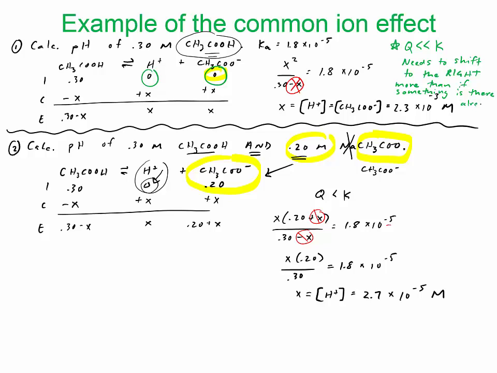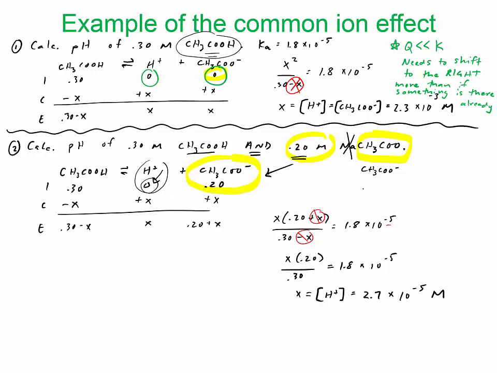Something is there already. Now if we look at this reaction, there's something here, so it's preventing this. Q is still less than K, so it needs to shift to the right, so we need to add numbers here. However, it doesn't need to go as much as this one because there are zeros there. It doesn't need to increase its value as much as the first example because something is there already. You could see that by calculating the amount of protons generated by the acid: here we only have 2.3 times 10 to the negative third, and here is two more decimals away just because something is there already. So we could summarize that by saying that Q,